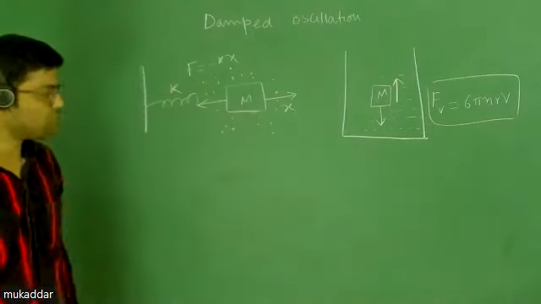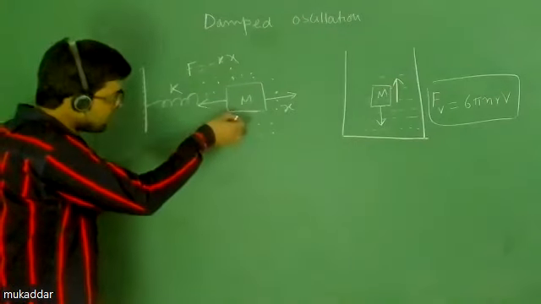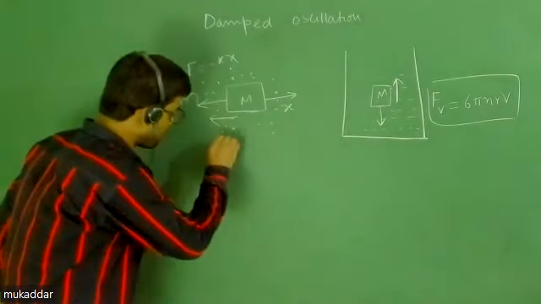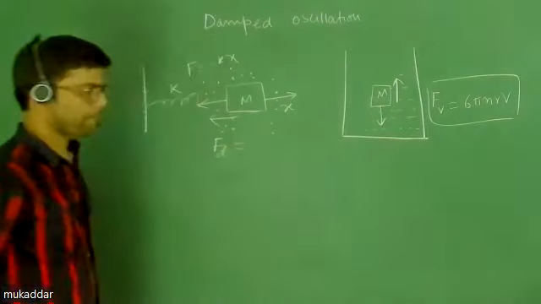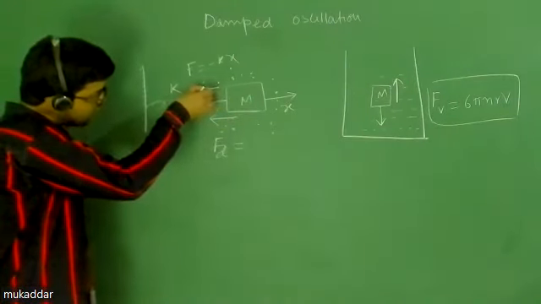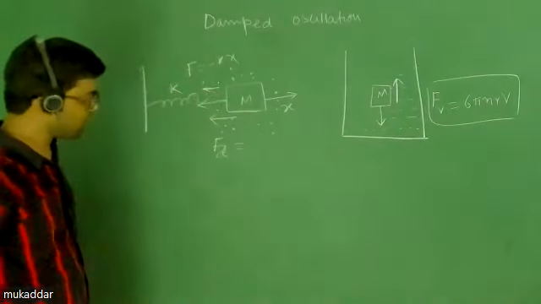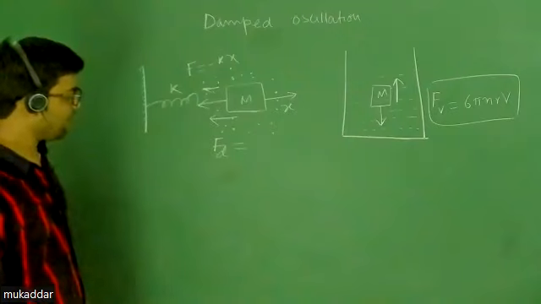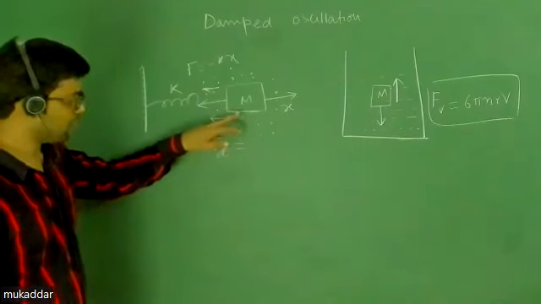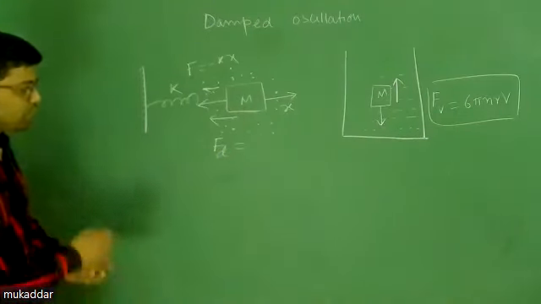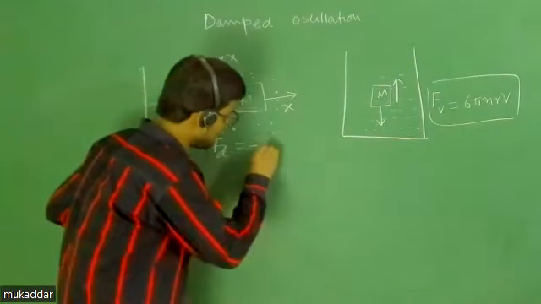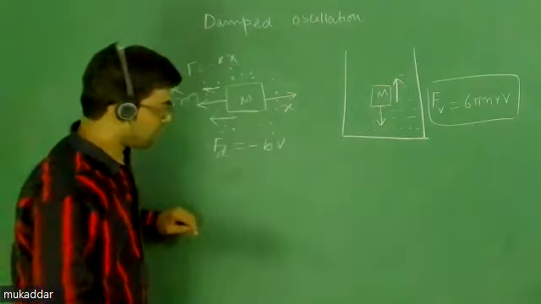That force is opposite to the direction of motion, and it will be called the drag force or damping force F_D. Because of the frictional force between the block and the atoms or molecules present in the medium, that force will be minus b into v, where b is called